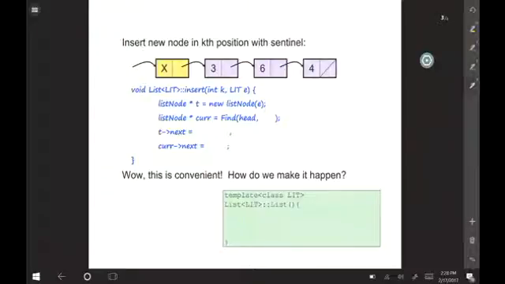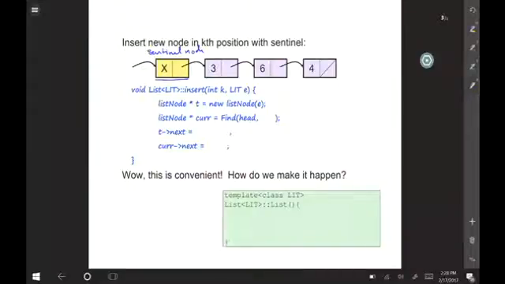The picture means that at the front of every single list, we are going to put a single buffer node called a sentinel node. Its purpose is basically just to be in front of the list.